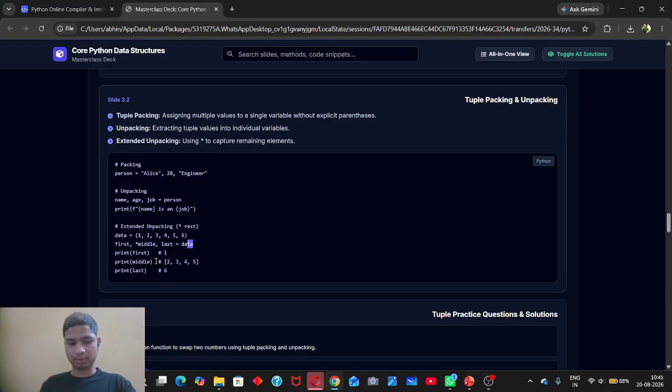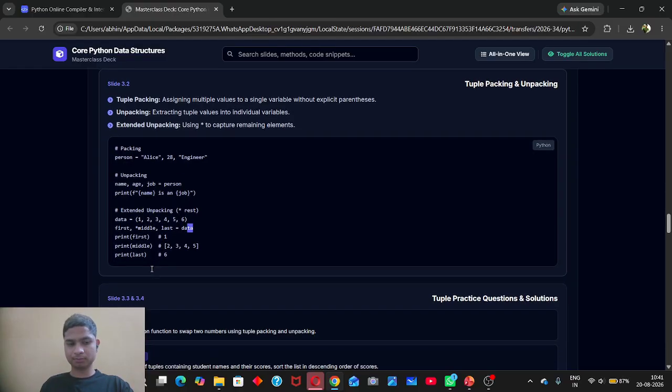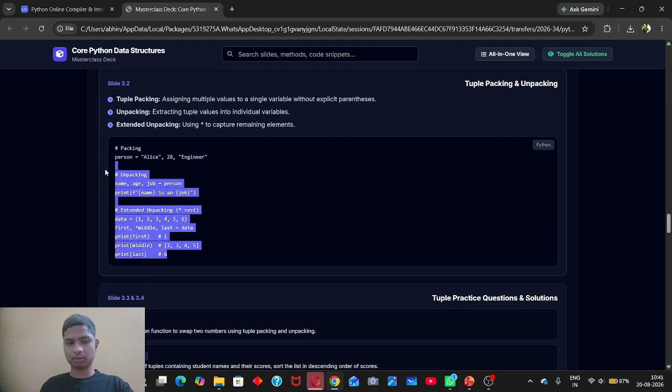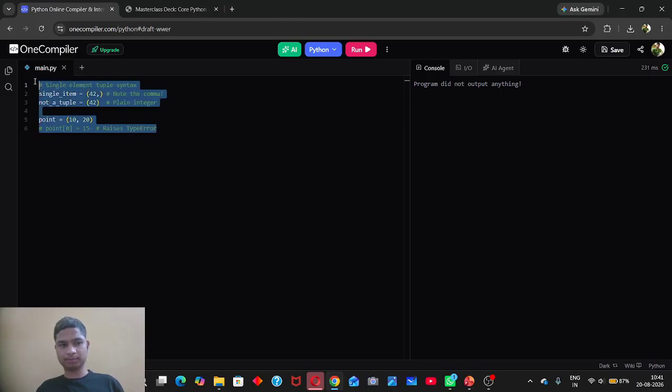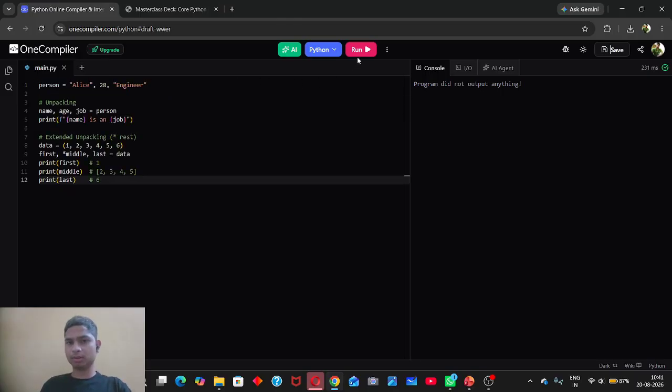If we want to print the first, then we can print it like this. In the middle, we have 2, 3, 4, 5, which is also getting printed. And the last is also printing 6, which is at the last of the tuple. If we run this code,